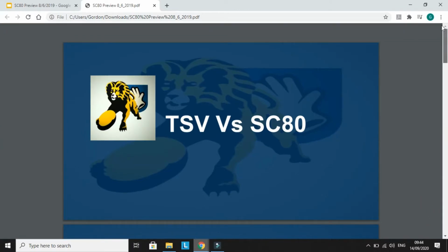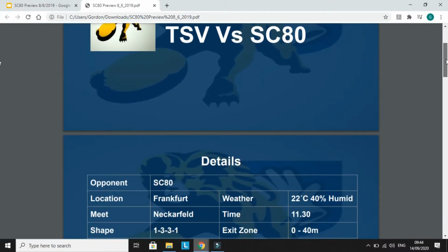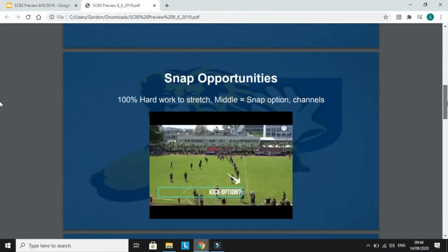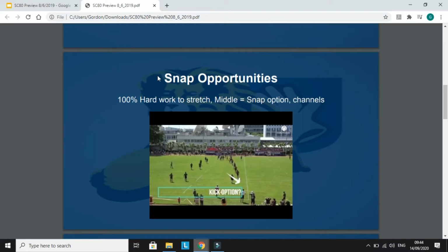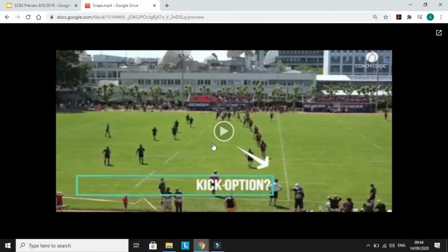The reason I use PDFs is they are easy to send out into WhatsApp groups or Coach Logic groups. The videos stay hot linked once they are uploaded to Google Drive, so they are actually embedded into the document. So here, this is our snap, as we would call it, when we go from one side to the middle and then we come back to where we just came from. Our focus was really hard work on stretching the opposition, and then you click the video and it will play